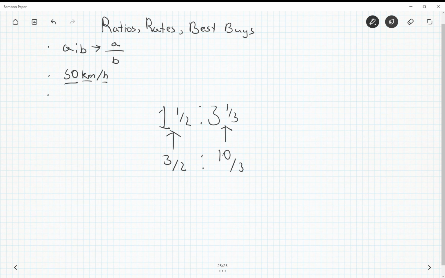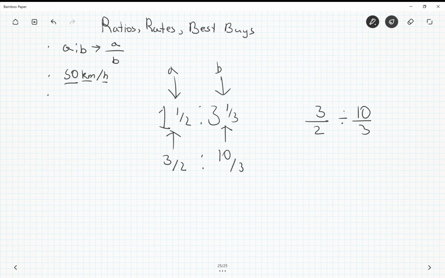Now, what this basically equals is 3 over 2 divided by 10 over 3, right? Because this is A and this is B. So it would essentially be A divided by B. So that's basically what it is. So now we can put this into multiplication form, and we would do then